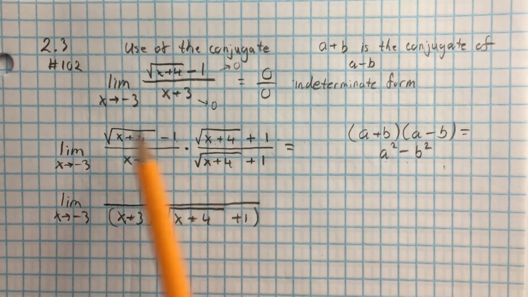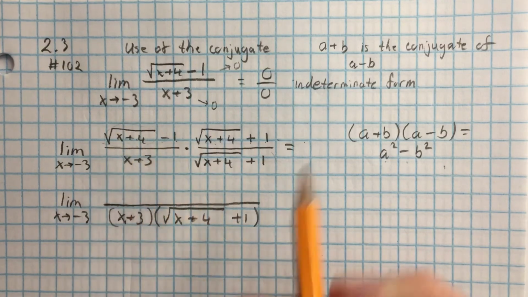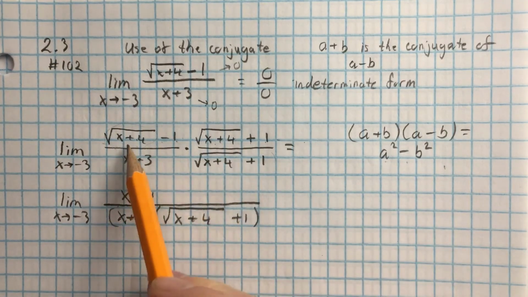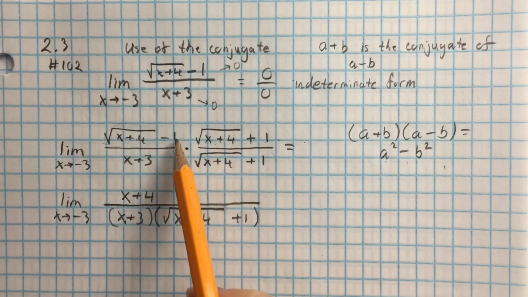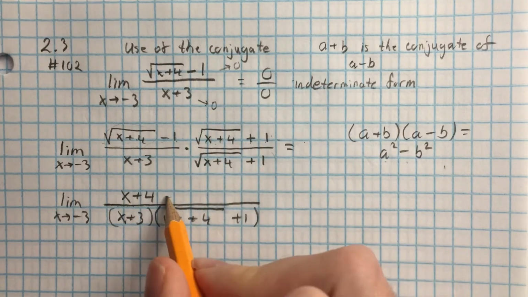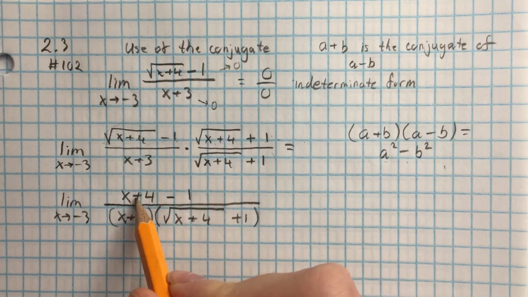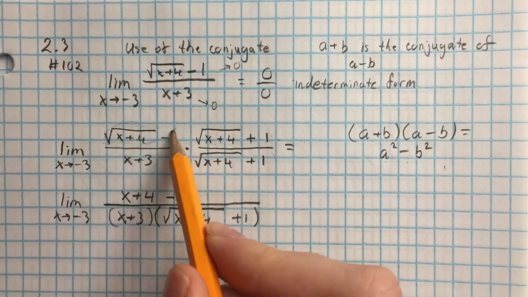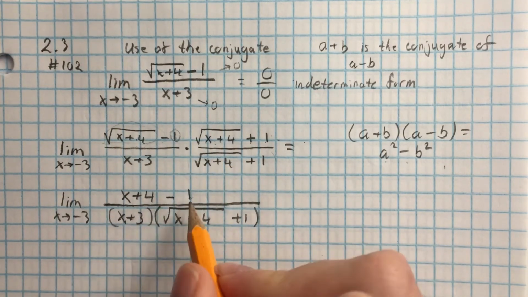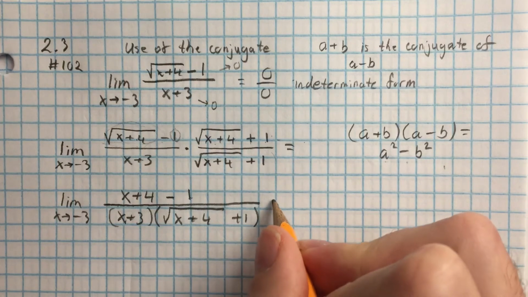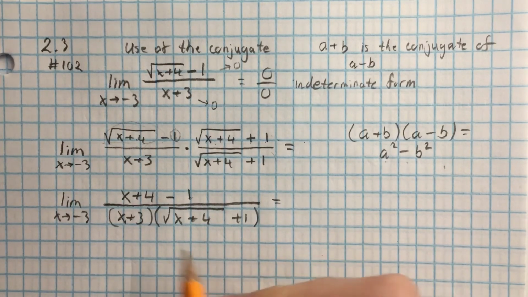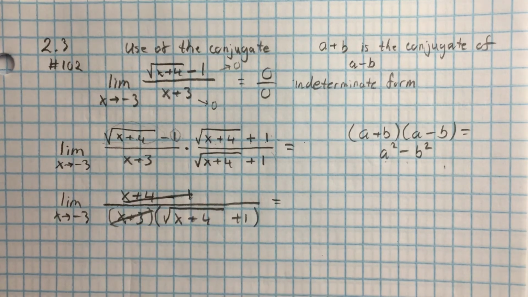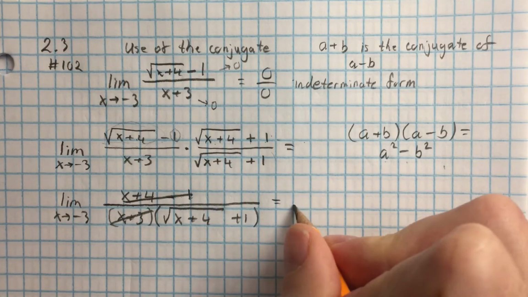Okay? So if we just use this approach here, that a minus b times a plus b is a squared minus b squared, then I should simply square this, which would of course just be x plus 4. You're just squaring the square root, so you get the argument. And then I should have 1 times 1 is 1, so minus 1. There is a squared minus b squared. Again, I'm viewing this as a and this as b. But x plus 4 minus 1 is, of course, x plus 3. So they cancel. I'm going to go ahead and cancel them right here instead of writing a whole new step. There. All right, so now the limit looks like